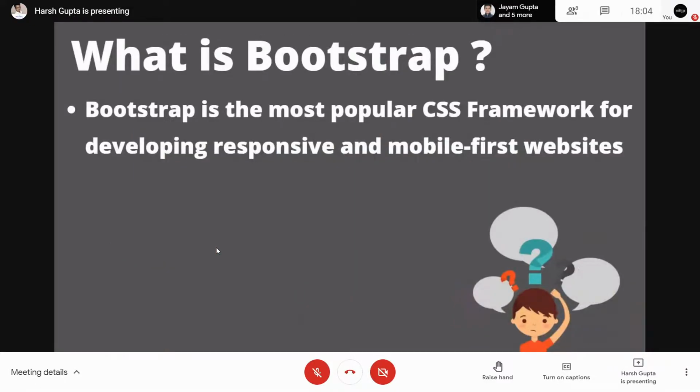Bootstrap is the most popular CSS framework. Basically it's a simple CSS framework to make mobile friendly websites. So what is a mobile friendly website? In yesterday's workshop we discussed this. If we go to youtube.com on the desktop version, we see many videos aligned in a row, five or six columns, five or six videos.